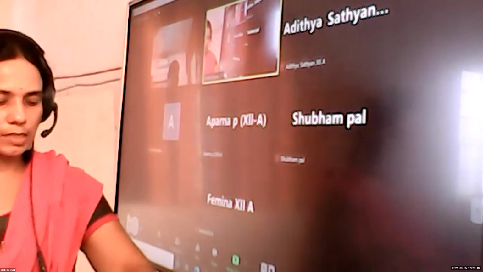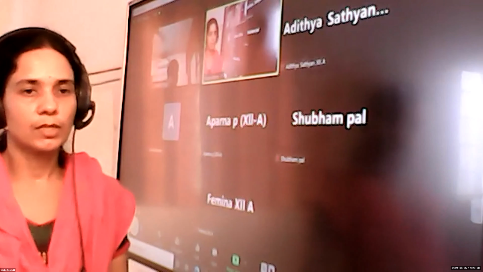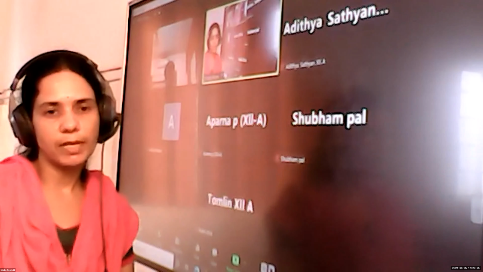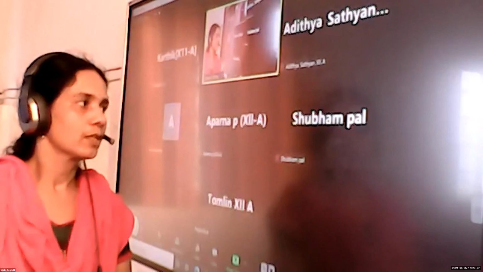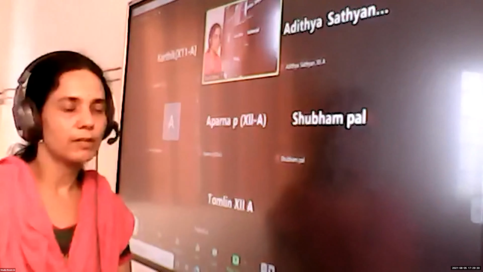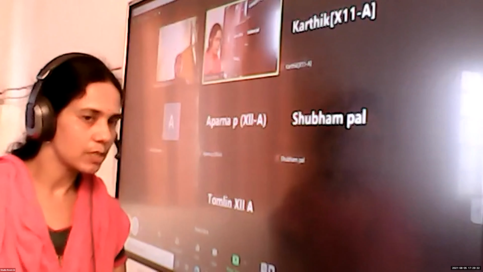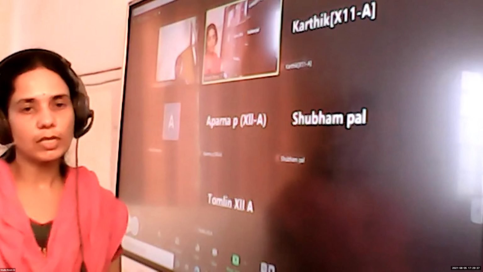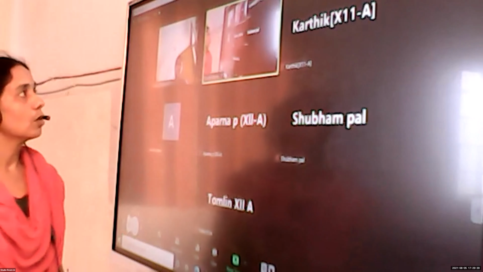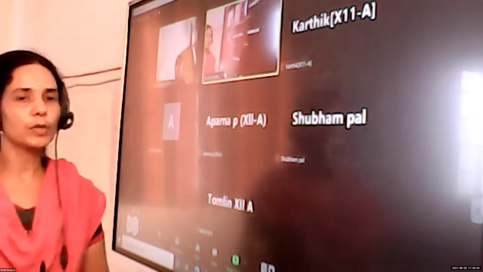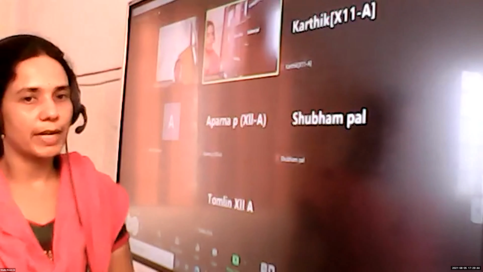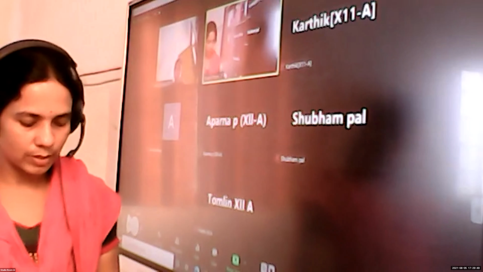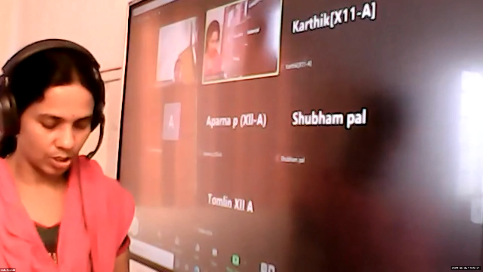In the last class, we discussed finding the inverse and solving simultaneous equations. In solving simultaneous equations, we have learned two methods. The first one is Cramer's rule and the second one is the matrix method. Now the third method we are going to learn is row reduction. But in order to reduce a row, we should get familiar with the elementary row operations. So we are going to learn about elementary row operations.